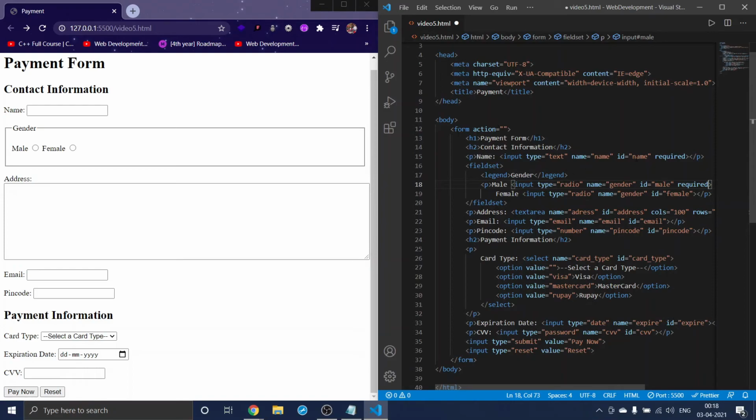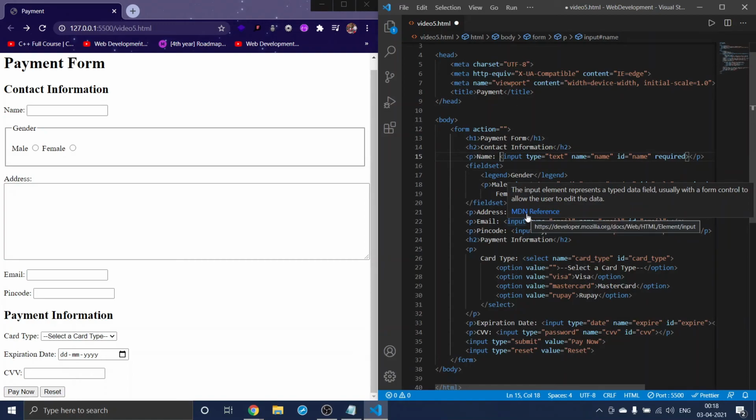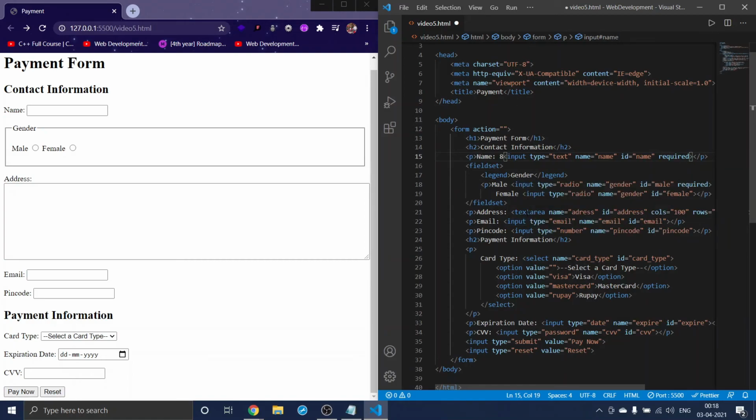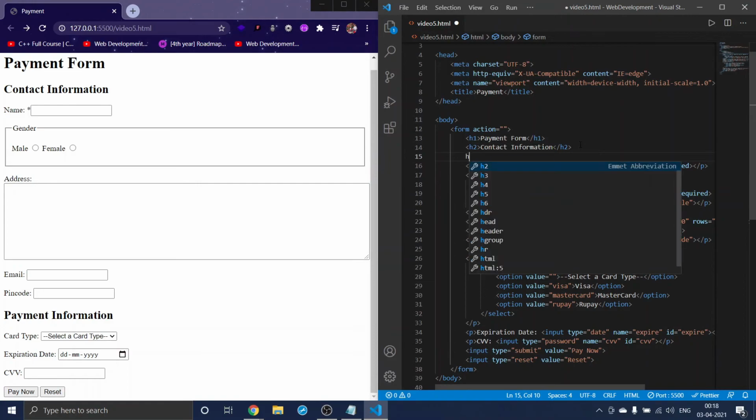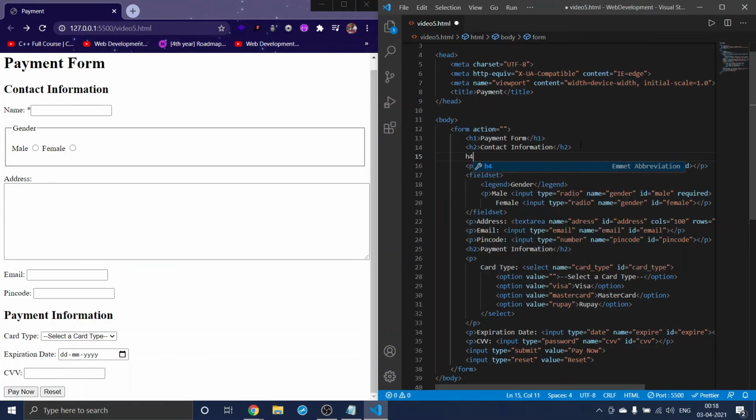And for that, so the user should know this is required, what you can do is, you can here give a star which says that this is required, and you see here we got a star here. And if you want, you can give an h4 here.